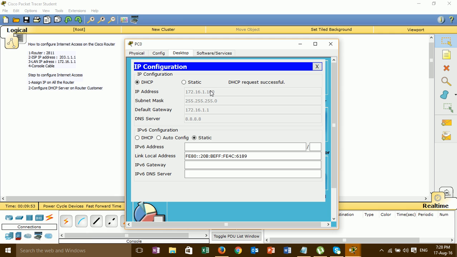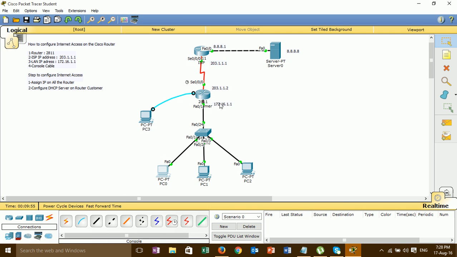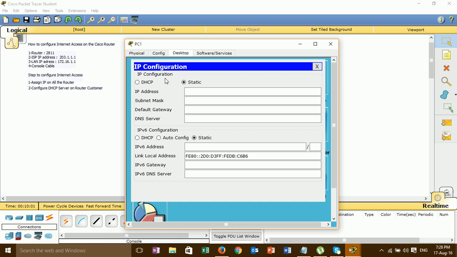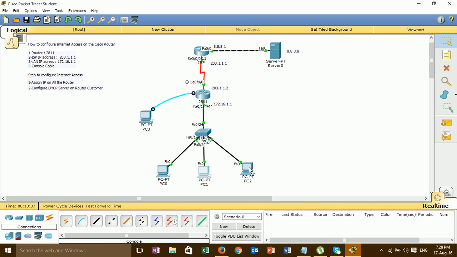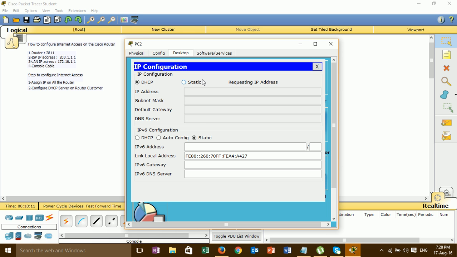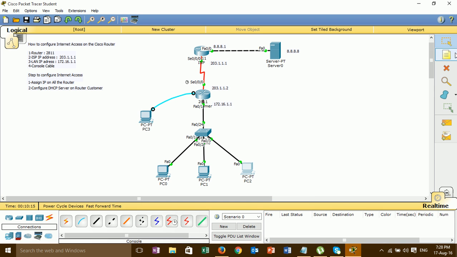This is the IP from the DHCP server, this router. Then go to PC1, you will see the IP. Then PC2. Step 2 is configured successfully, and we go to step 3.